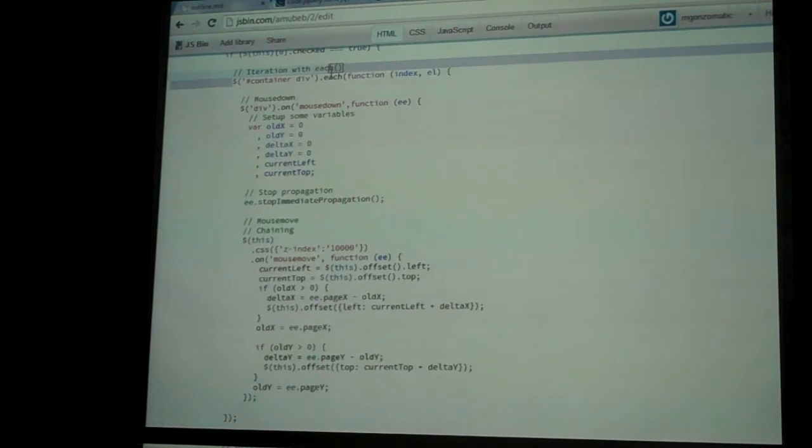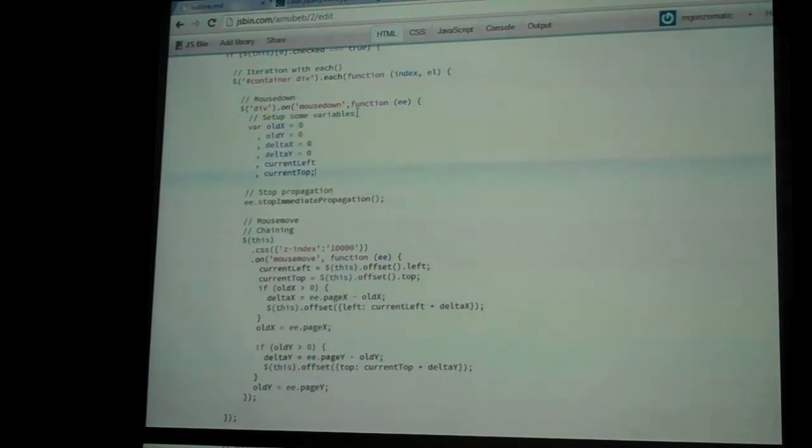If it's checked, then I'm using my each iterator for all the divs that are inside of my container, just like in CSS. I found my container ID, and then these are the descendants separated by a space, so all the divs that are inside there. Those are the elements I'm actually going to be